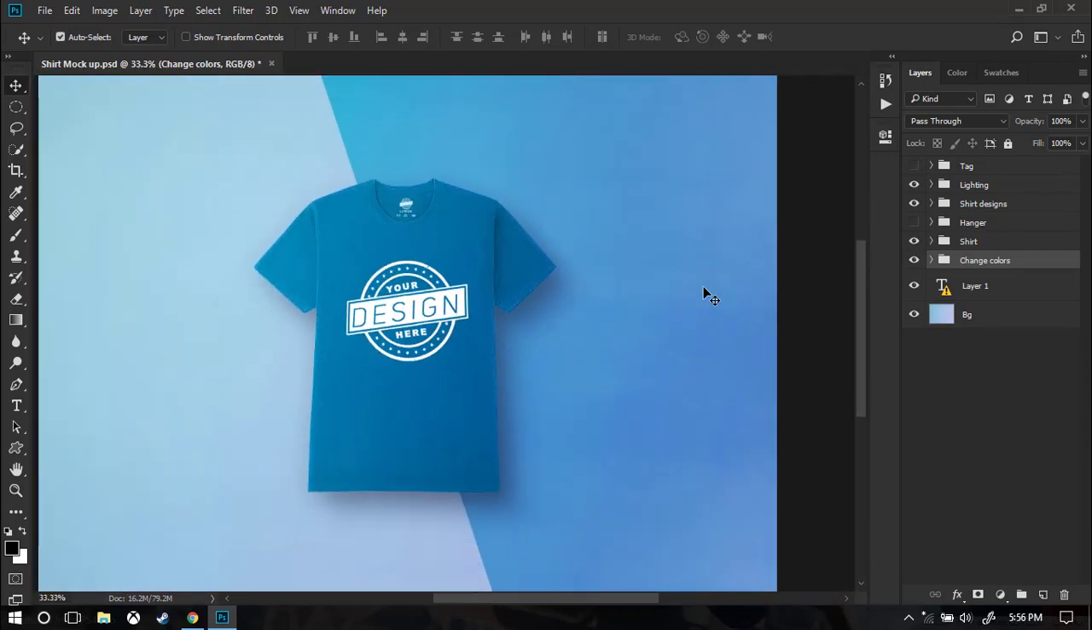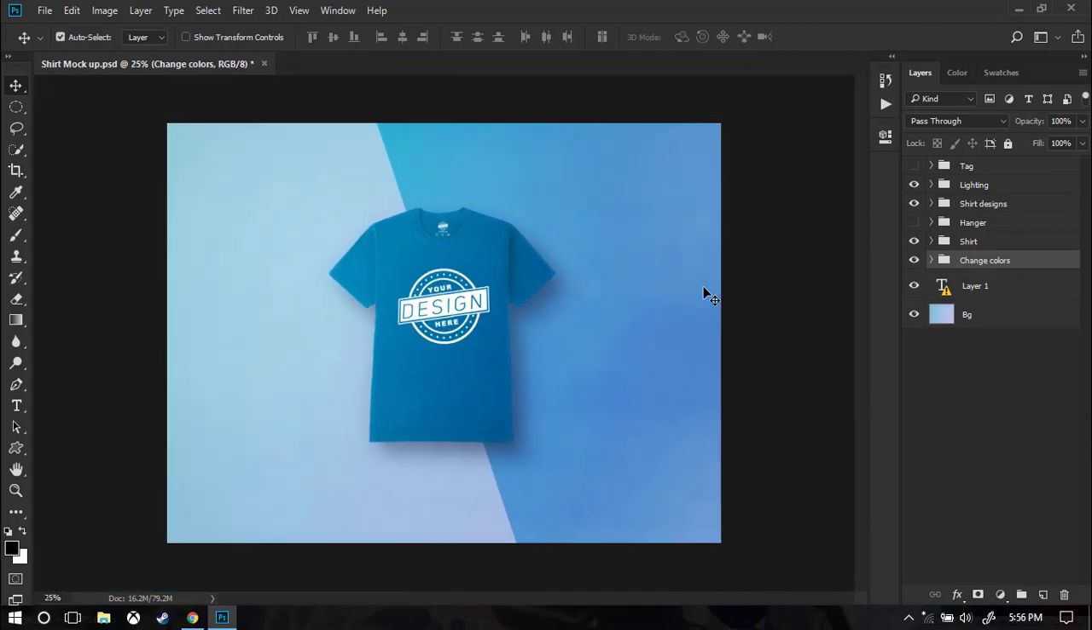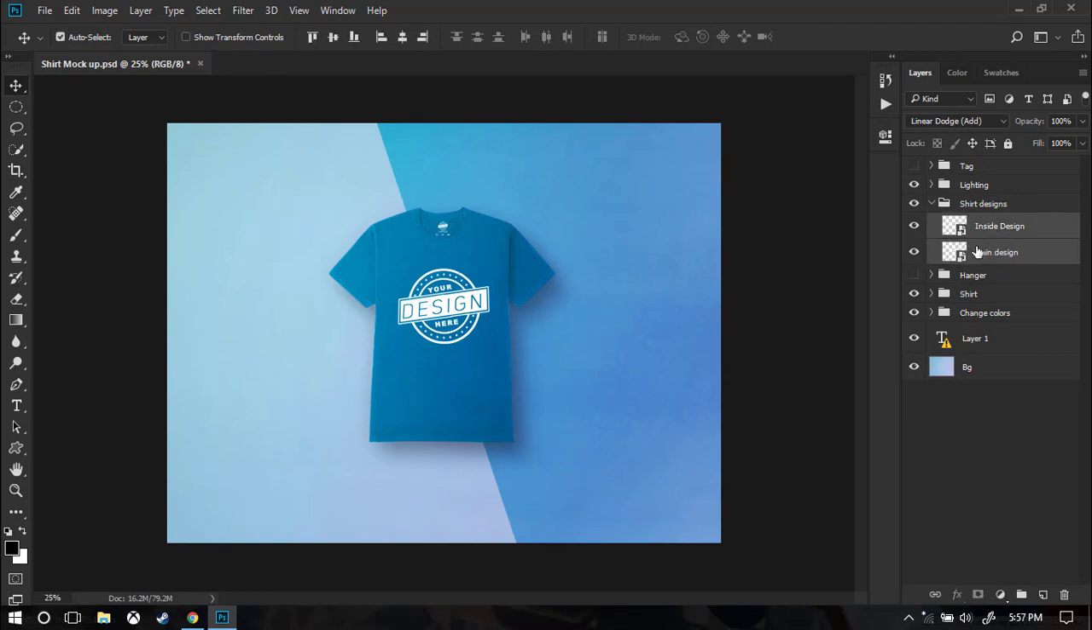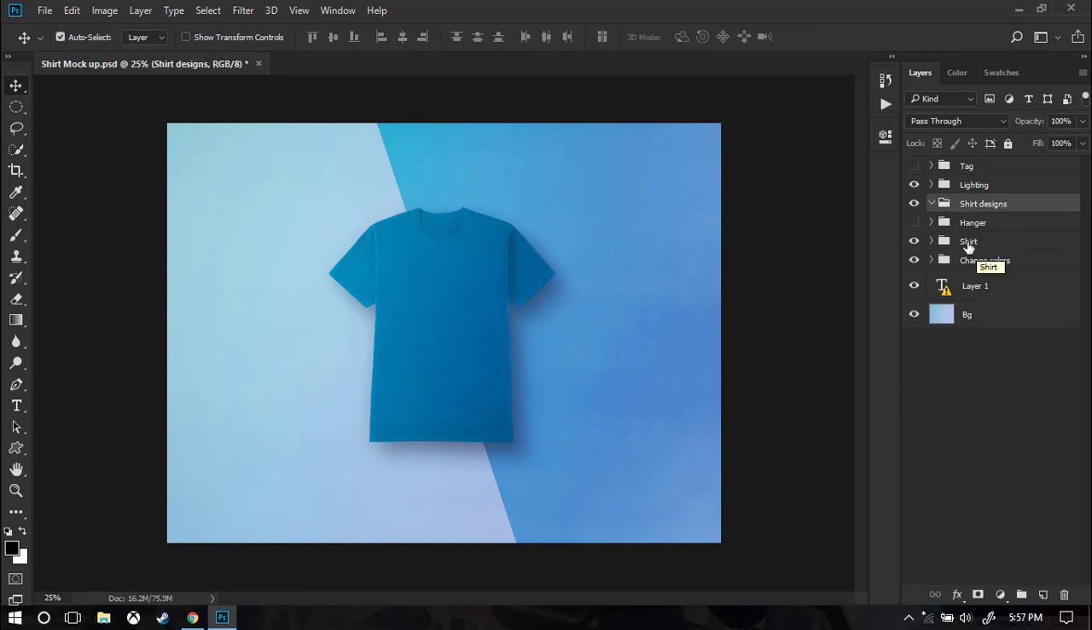Now for creating the design, you have two options. The first option is directly going to the Shirt Designs folder, which is a group. Let's say I'm going to delete the inside and outside layers by selecting them and pressing the delete button. And with the Shirt Designs group selected, I can use the text tool and type